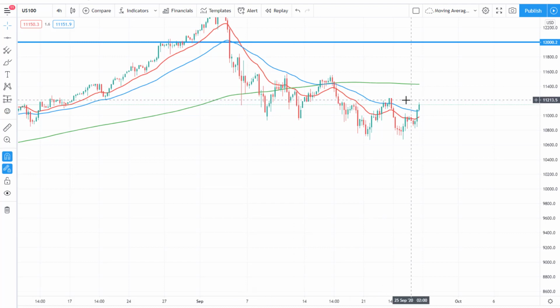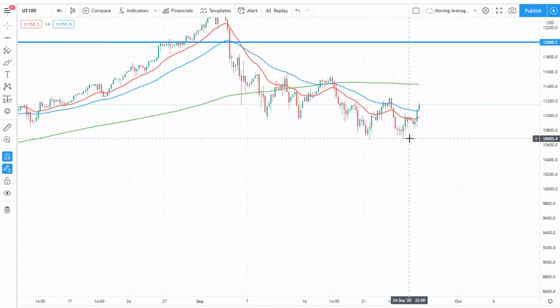We need to see a close above that, and if we do have that, it's pretty much simplifying that we've got some form of low bottom in here, and we would probably see further bullish aggression back into these 11.6 areas. So next week is really about the 11.2 zone. 11.2 zone break would trigger into 11.6. And an 11.6 break would trigger into, of course, all-time highs similar to the S&P 500.